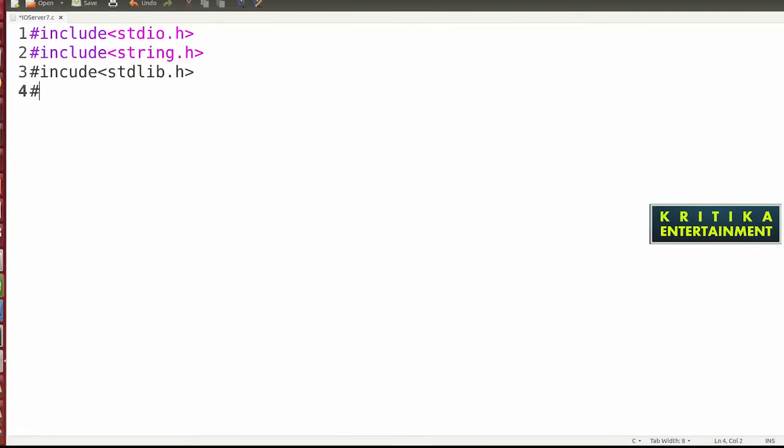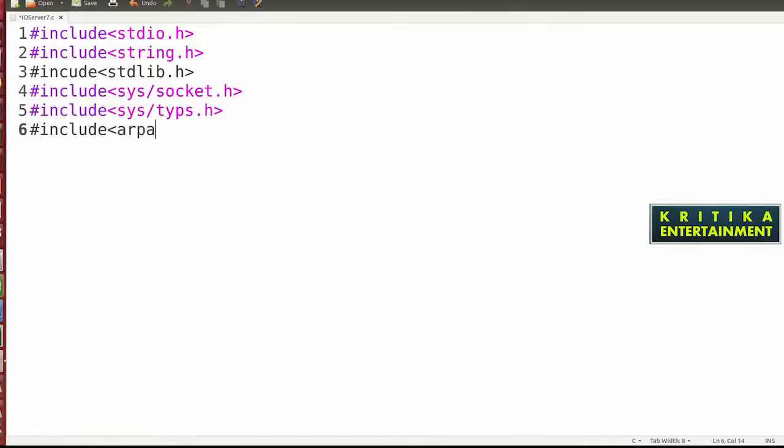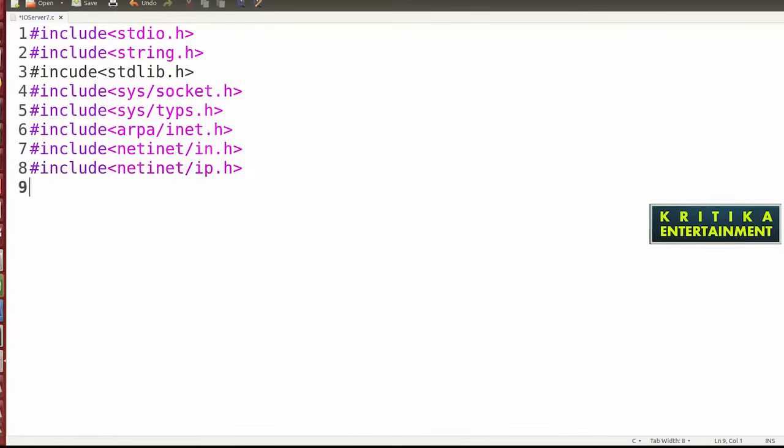Next is networking: #include <sys/socket.h>, then #include <sys/types.h>, then #include <arpa/inet.h>, and #include <netinet/in.h>, then #include <netinet/ip.h>, then #include <sys/time.h>. The sys/time.h header is used to pass the fifth argument inside the select function.